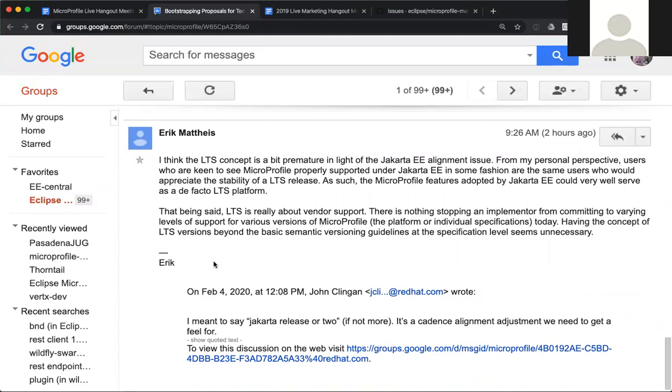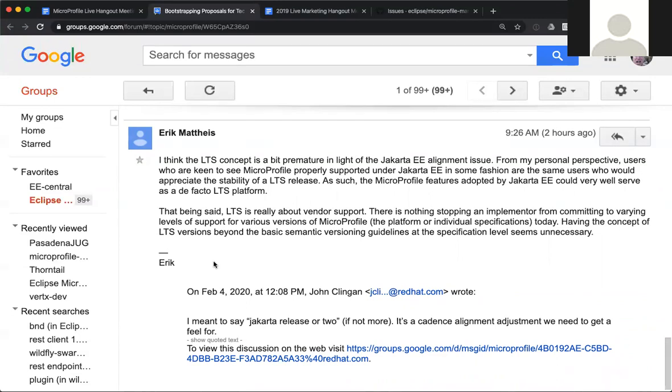However, if we declare long-term support, we basically lock all the APIs. These APIs will not be removed or updated. We're okay to add additional things, but we cannot break backward compatibility.